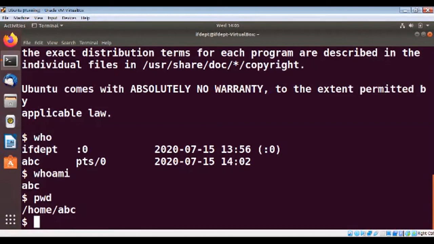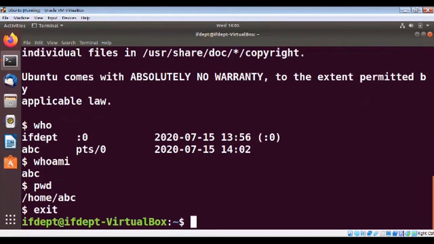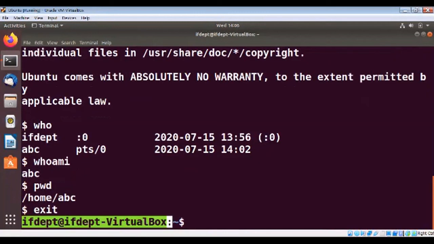Now suppose I exit from ABC, and let us check again the whoami command and the pwd command. Then I will repeat how I have gone from one user to another user. So how to log out of this particular user? Just press exit. Now see here, this particular prompt has changed.